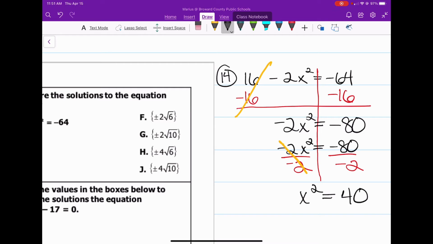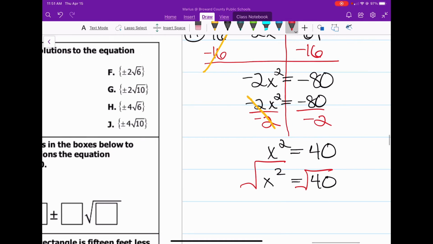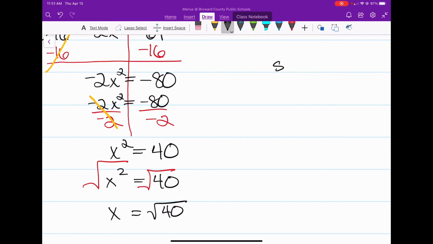Now, to finish solving this, we simply need to take the square root of both sides. That's what you're going to see right here in this example where I square root both sides. When you square root x squared, that just leaves you with x, and x is equal to the square root of 40. If we look at our answer choices, none of them say square root of 40, which means we have to simplify this. So let's simplify